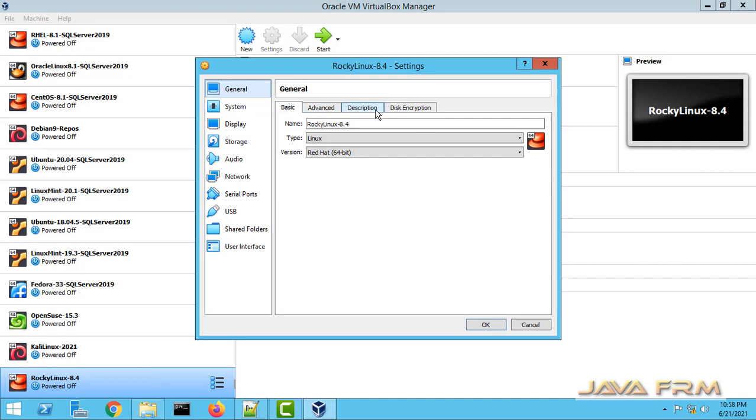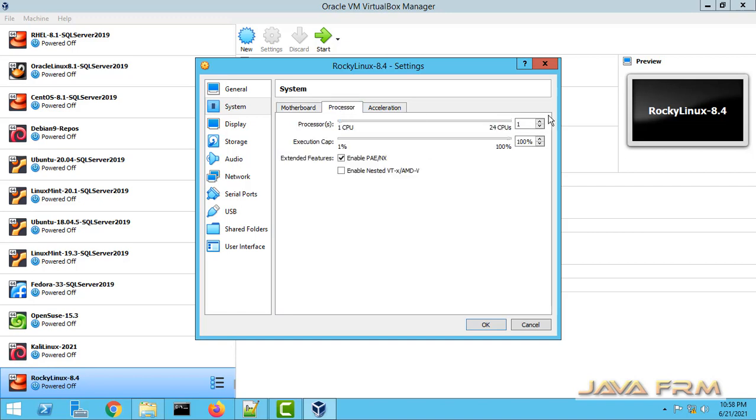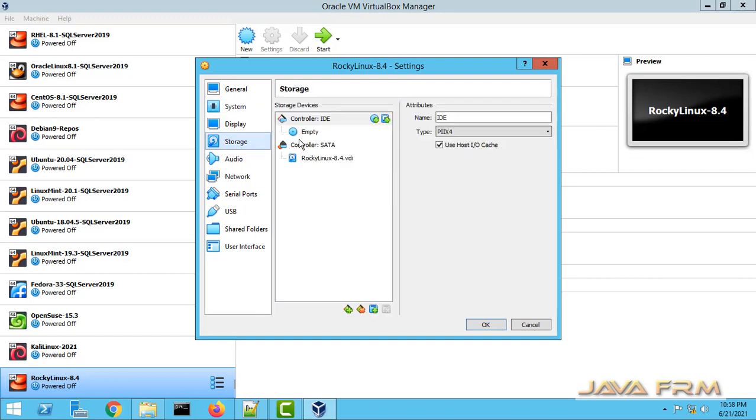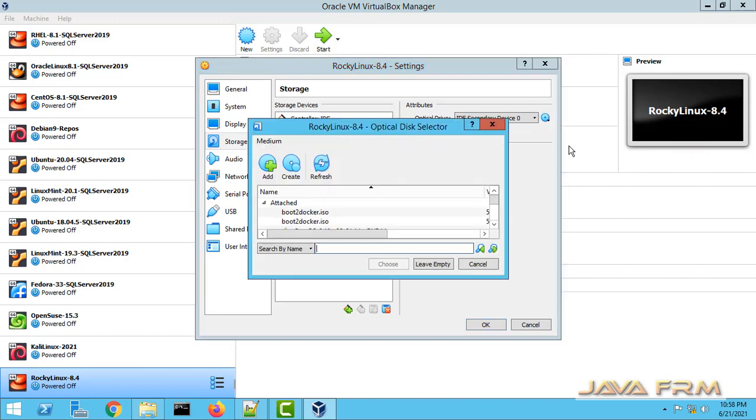Now I am unchecking the floppy drive, and the pointing device should be USB tablet. For boot order, I have selected the DVD first. Next, I am allocating the CPU with 4 cores. Next, storage,